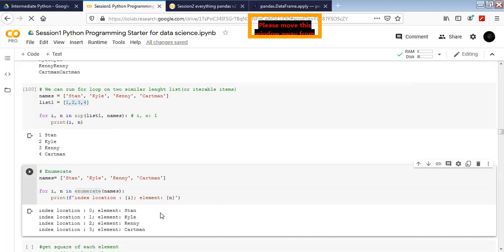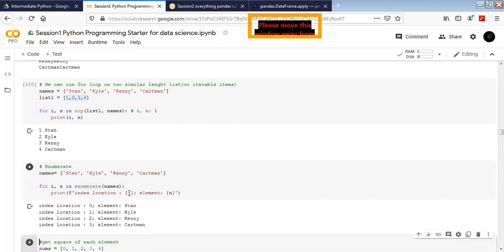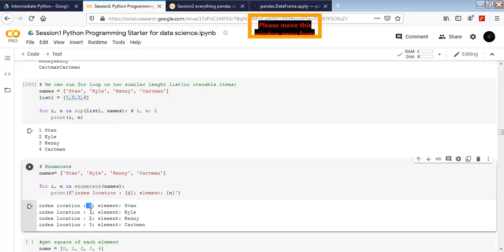If I execute it, what I'm going to get is i as the actual counter with 0, 1, 2, and 3, the index locations, and then it's going to give us the element using n. Is this part clear? Enumerate is going to give us two things, i comma n, or whatever you want to assign here. Enumerate gives us the counter plus the element also. Is that part clear?